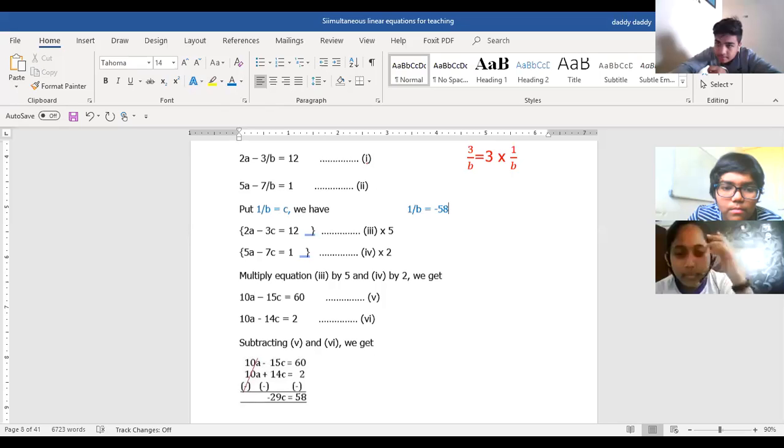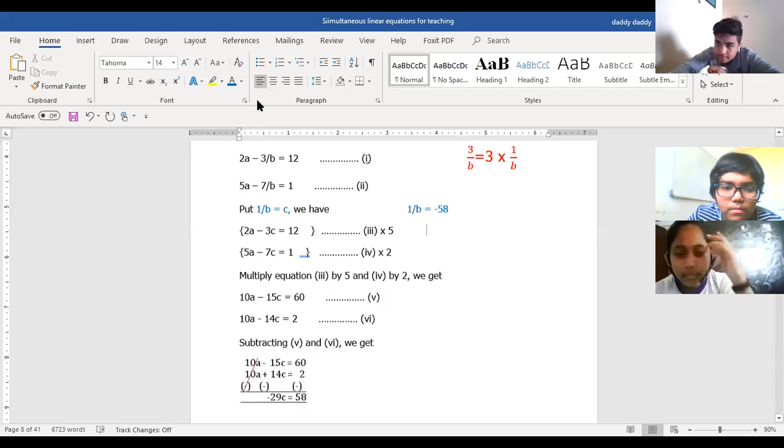Just now you got the value of c. You will just put it over here because I know 1 upon b is equal to c. So you put the value of c over here, right? So what will be the value of b? Therefore, b will be equal to